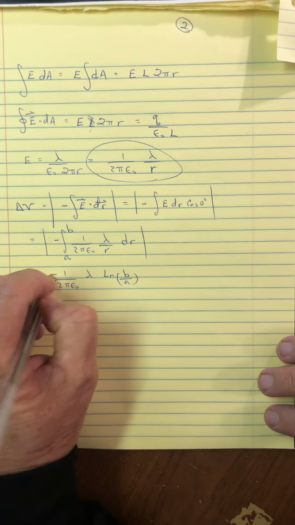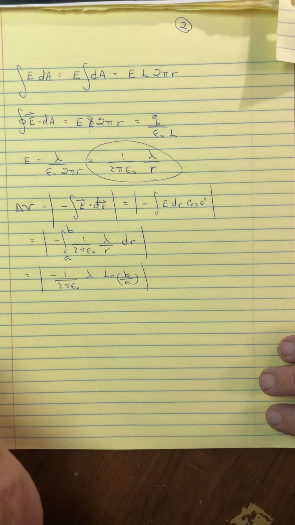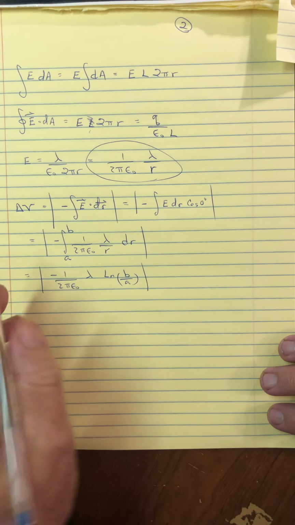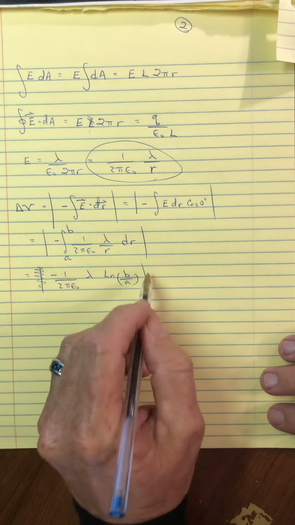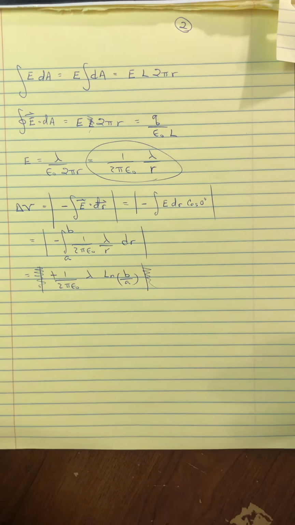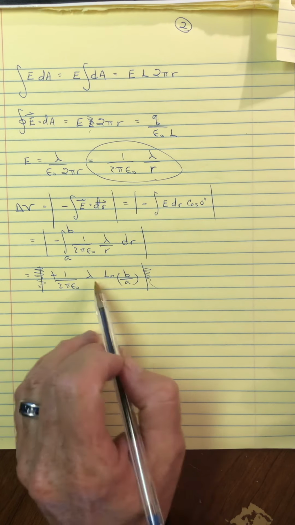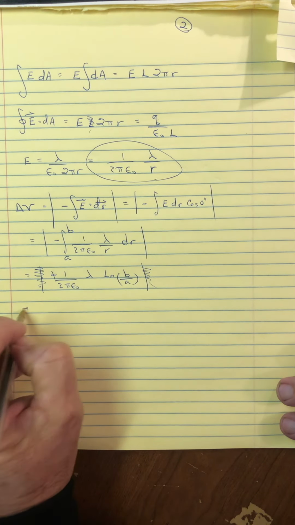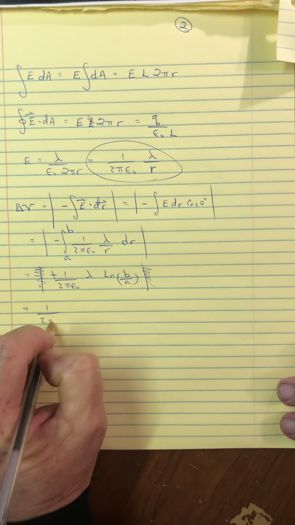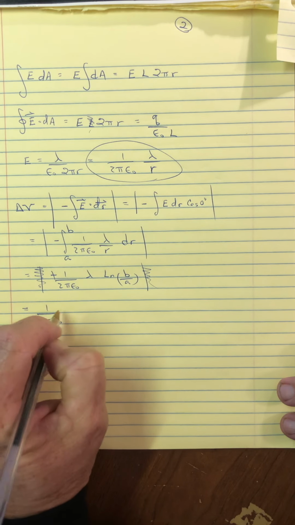Now, I guess technically I'm still needing to take the absolute value of that, but let me just get rid of the absolute value signs. Since b is greater than a, these would all be positive numbers. And so I have this little equation